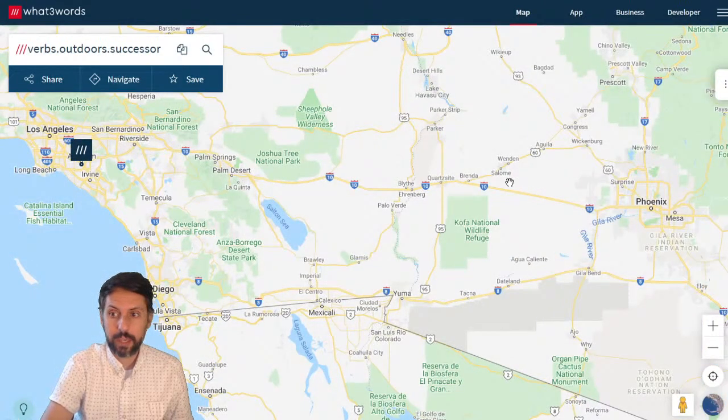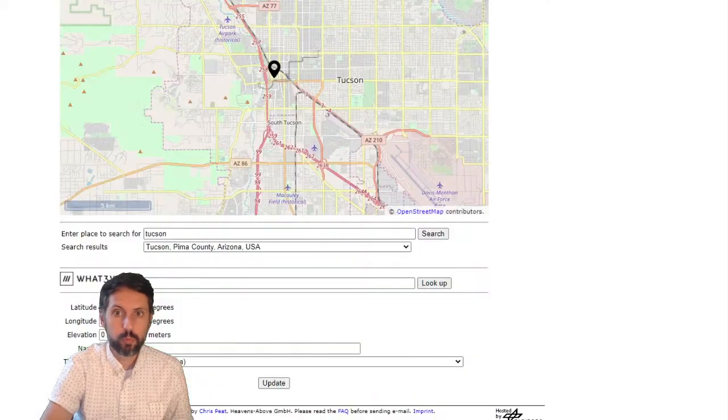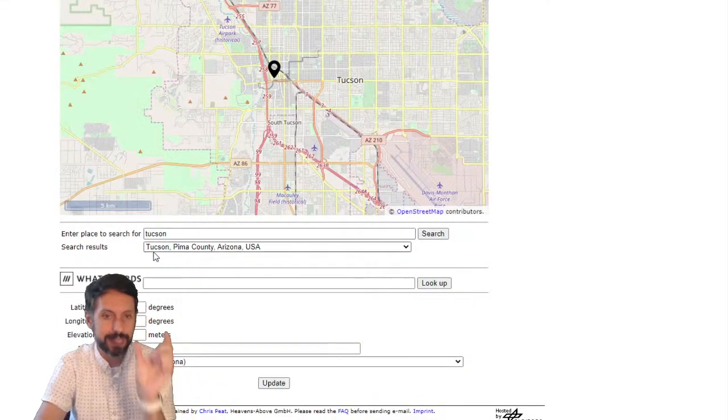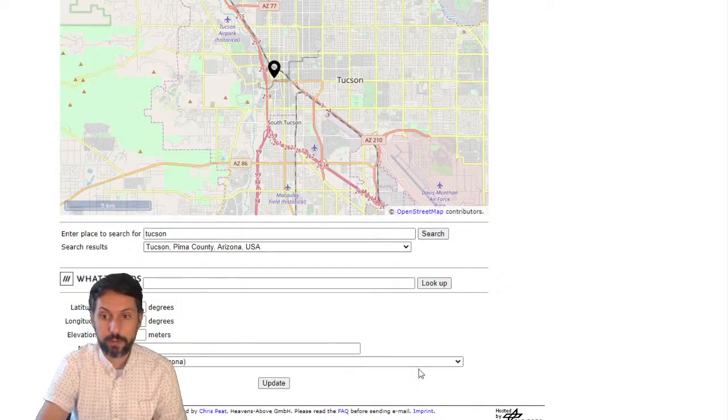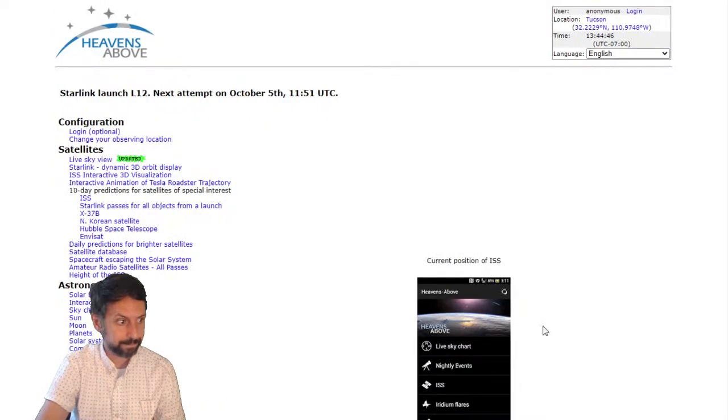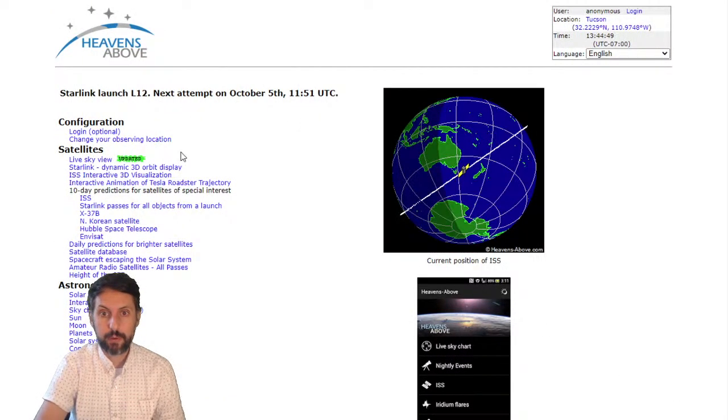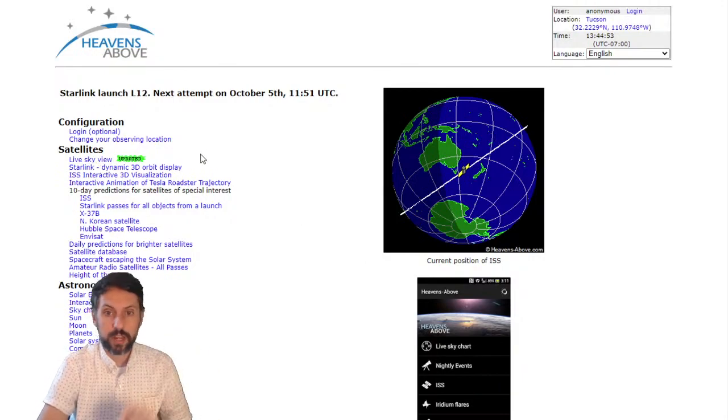But in this case, we could just put in Tucson and be fine. You don't need to get the exact 3 meter position for doing this. So if we do that, we can click update, and sure enough, now we've got an update. It has a live sky view, but let's start with the coolest one, which is